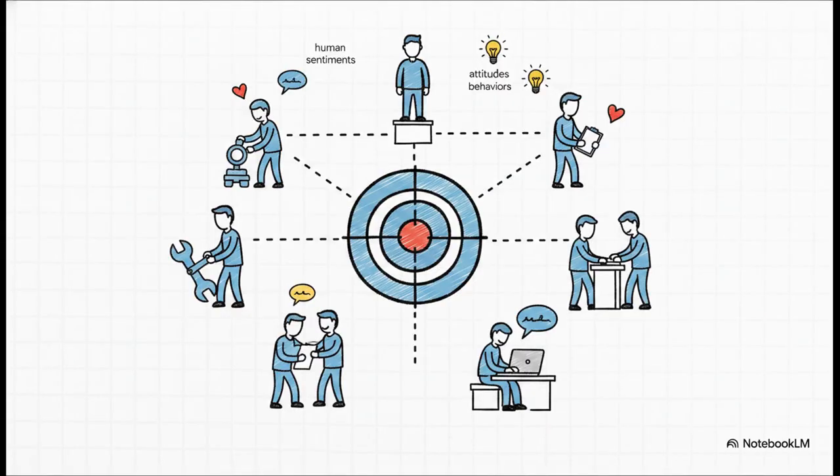So, take a second and picture how these core principles show up in your own daily workplace. You've got a group of people, obviously, but then you have a division of work. People are assigned specific tasks based on what they're good at. You have a common purpose uniting everyone. You've got horizontal and vertical relationships, meaning how different departments interact, and how managers interact with their teams. You have a clear chain of command dictating authority. And finally, you have the dynamics of the organization itself, the human sentiments, the attitudes, and the behaviors that really bring the whole thing to life.